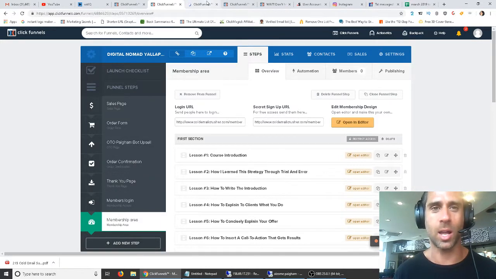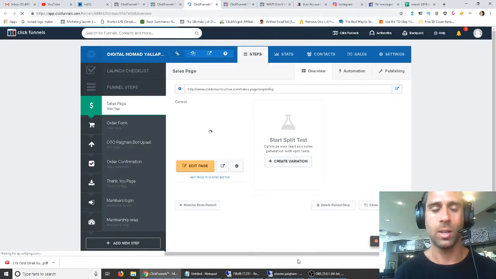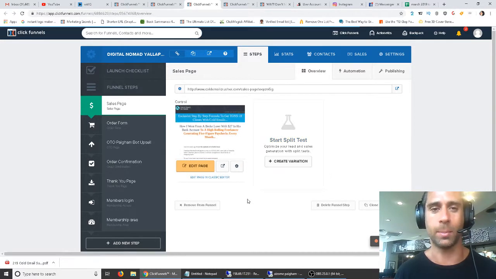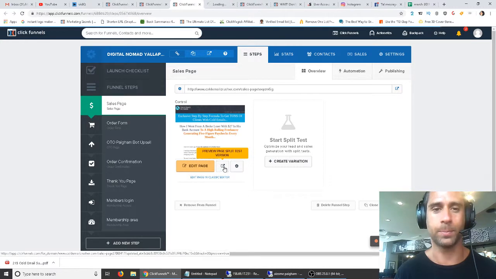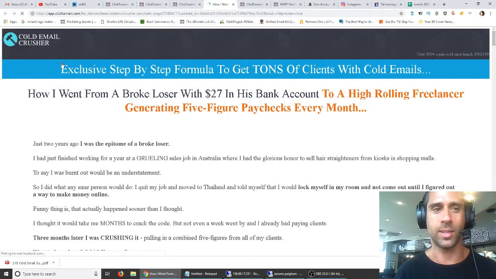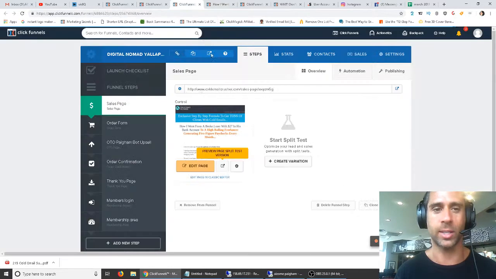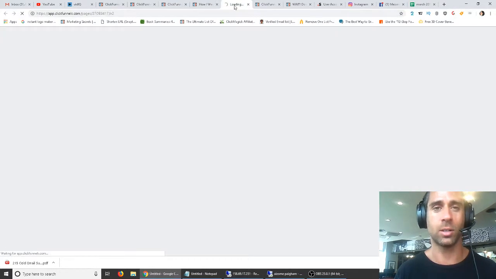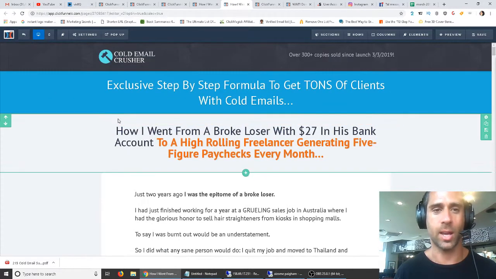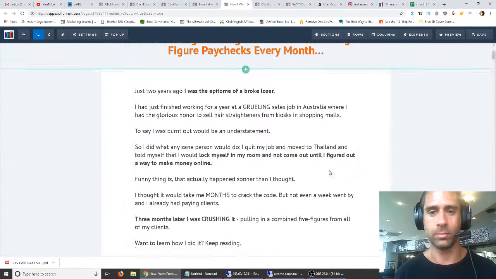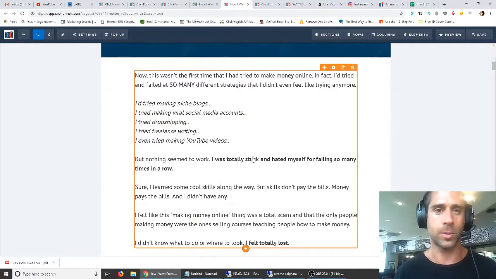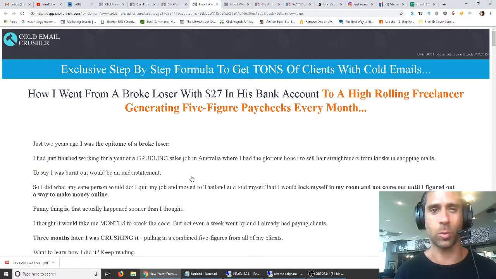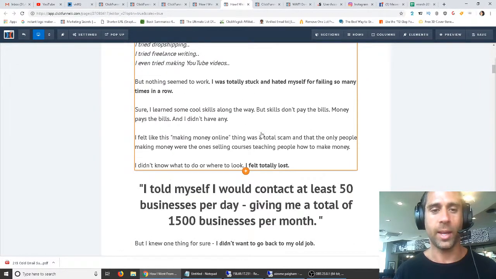Now, this is not showing up correctly for some reason. I'm not really sure why, but ClickFunnels is a little weird like that. Anyway, just take it for what it is at this time. This is a little too wide. If we look at the editor, it actually looks like this is how it's supposed to look, more narrow like this. I'm not sure why it's showing up super wide like this. I'll have to email support. But anyway, basically,